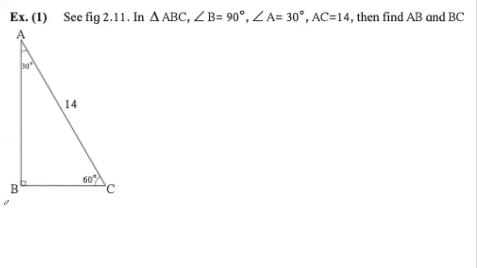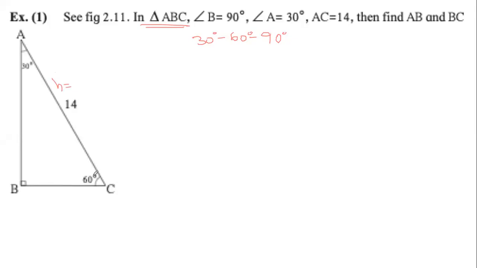Now you see there is a triangle ABC and the diagram is already given. This is a right angle triangle, but not any right angle triangle. This is a special right angle triangle, which we call a 30, 60, 90 triangle. We have studied that in such a triangle, the sides can be easily found from one of the given sides, the hypotenuse. Here the hypotenuse is AC and it is 14 units.